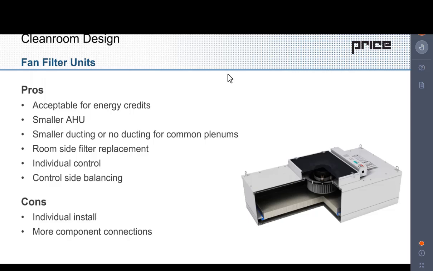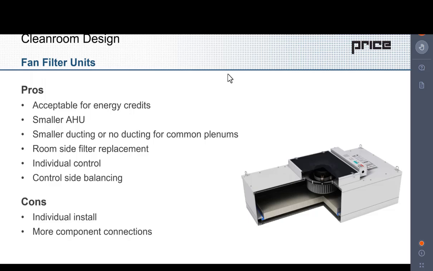Now, what I mean by control side balancing is typically with these diffusers, you would need someone to physically modulate a damper in order to balance the units. But because all of our flow is going through that motor blower assembly, we can actually balance these units via the controller. Now, this controller can be mounted on the back of the fan filter unit, like we can see in this image, or you could have arrays of fan filter units controlled by something like a building automation system, and then you can have someone balance all of your fan filter units from one convenient location. The cons with these systems is that you're going to have individual install,